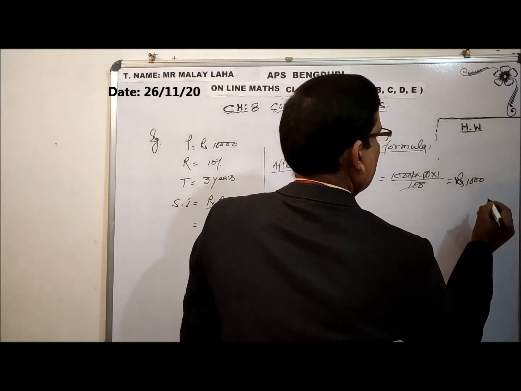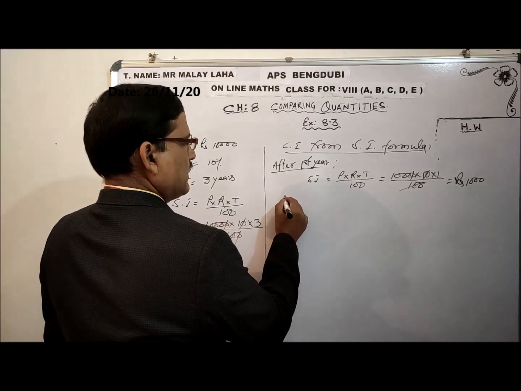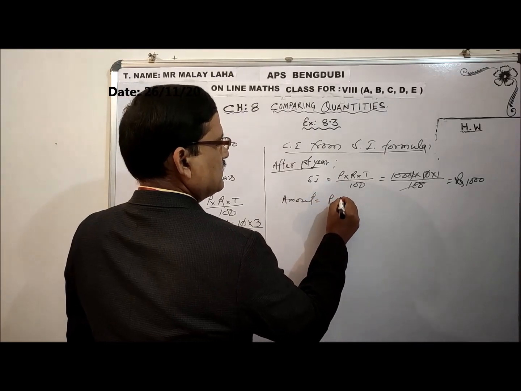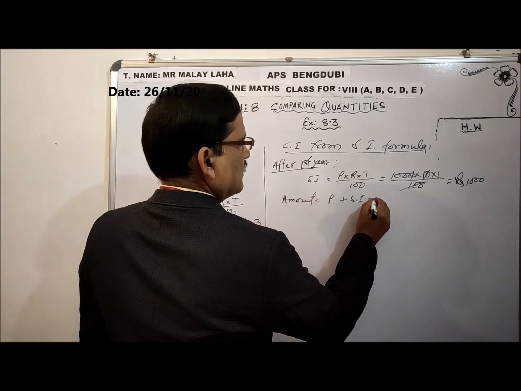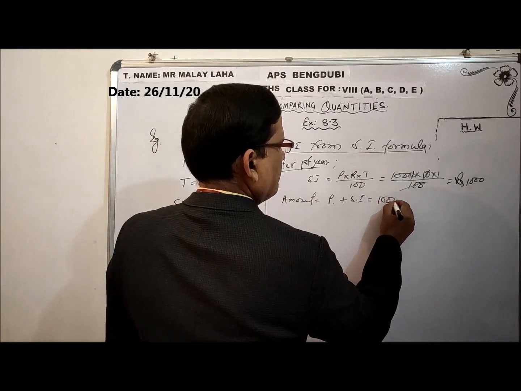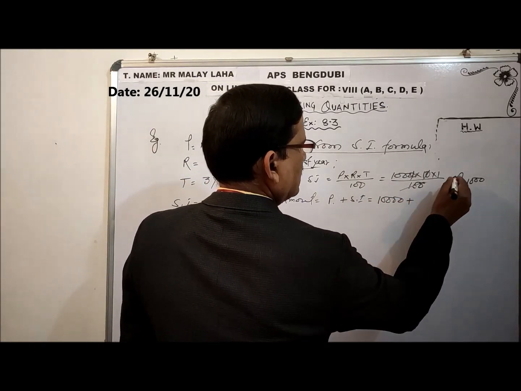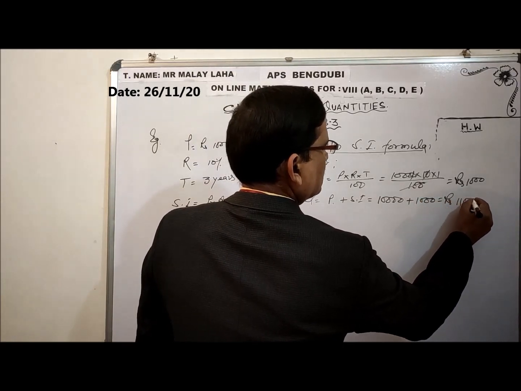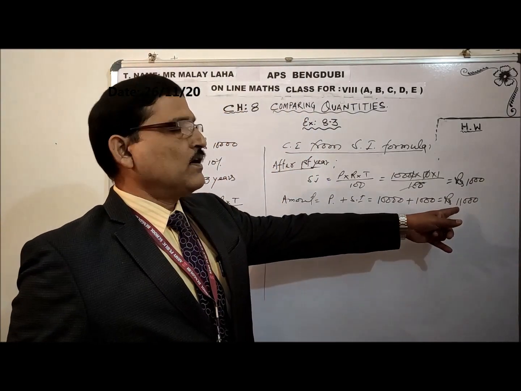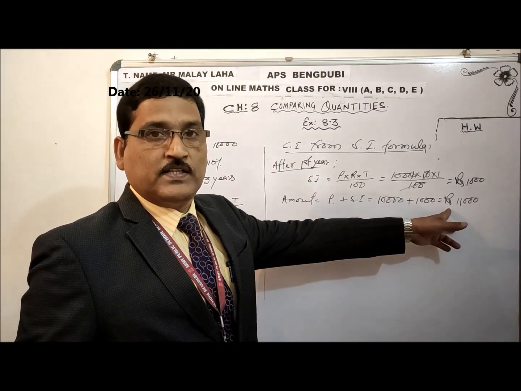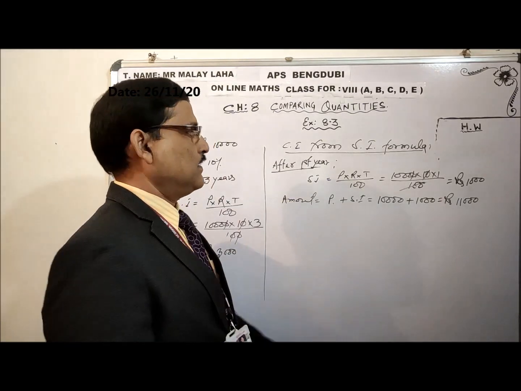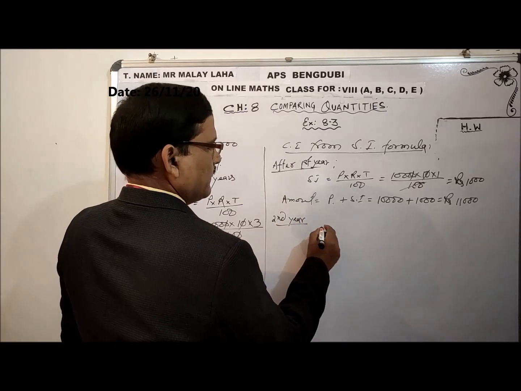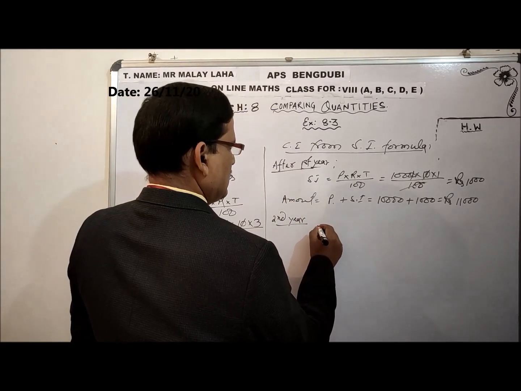Okay, so now the amount will be P plus SI. P was 10,000, plus interest 1,000, that equals rupees 11,000. Now this 11,000 will be the principal for the second year. So after the second year, what will I get? Second year, SI equals